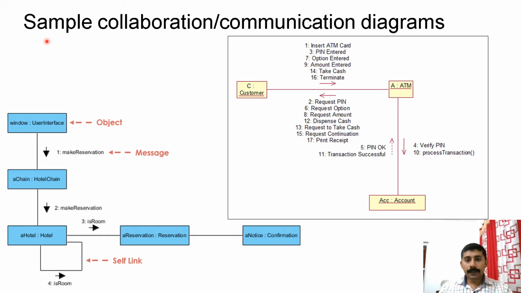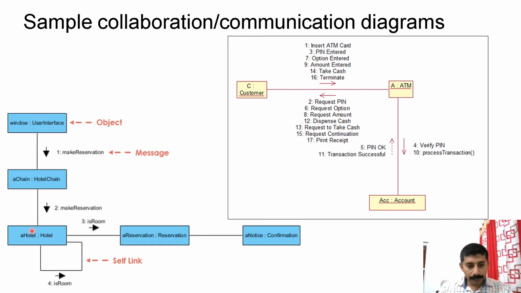A sample communication diagram is represented here. So here these rectangle boxes are nothing but the objects. Within objects you can see the links. That means these objects are navigable because there is a link. Now near the link you can see the arrow that is representing the message exchange between the objects.